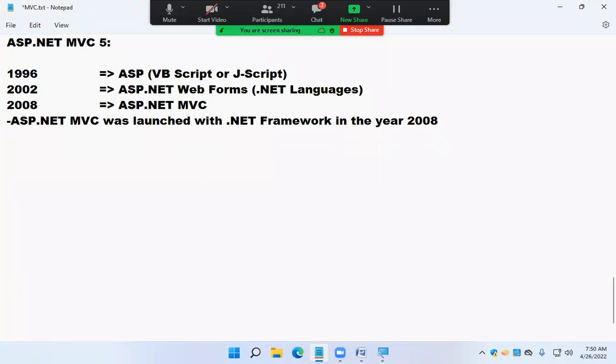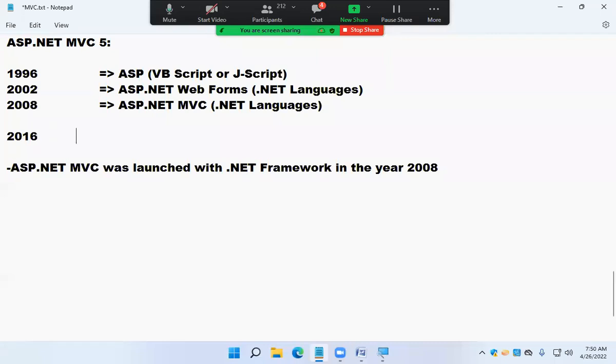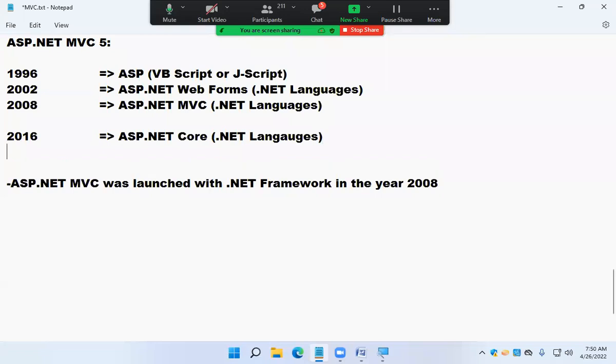Along with which language? .NET languages. Later, 2016, what do we have? ASP.NET Core, and here also we just use .NET languages.